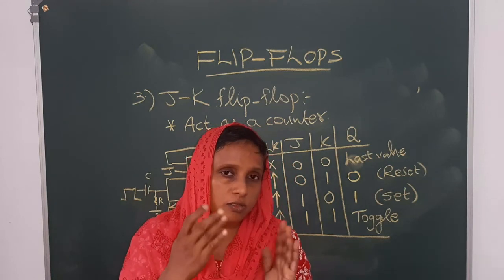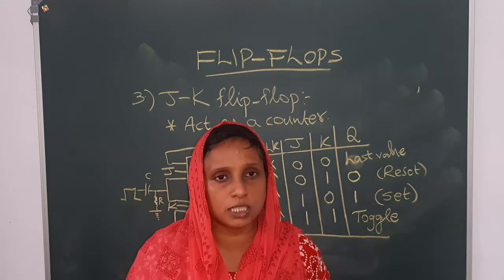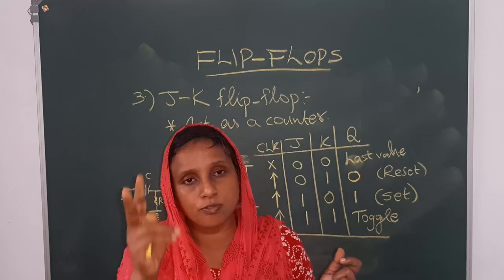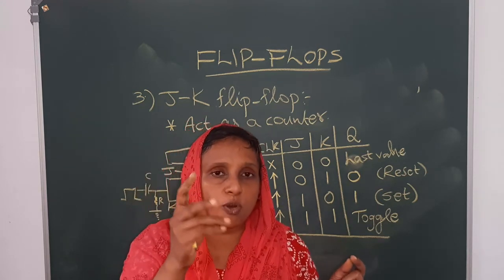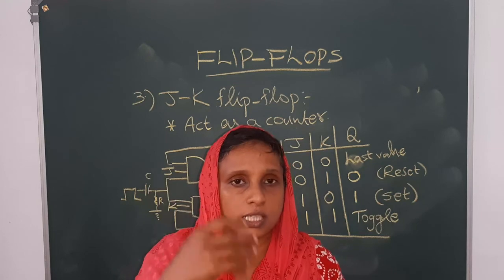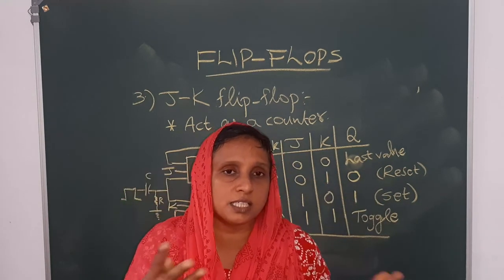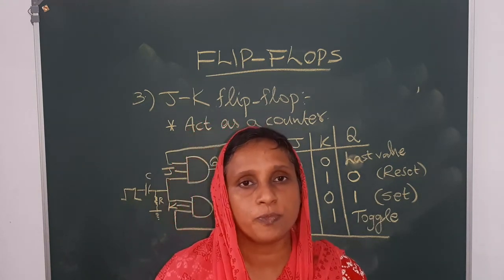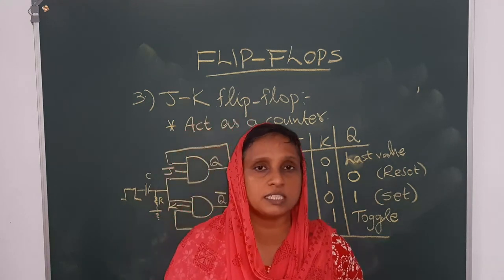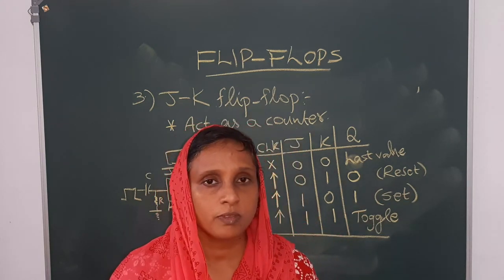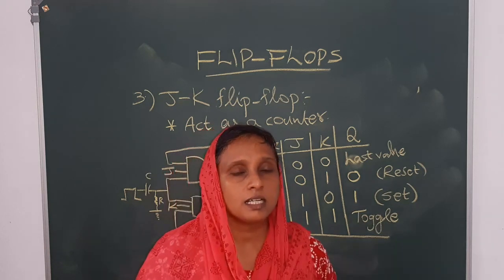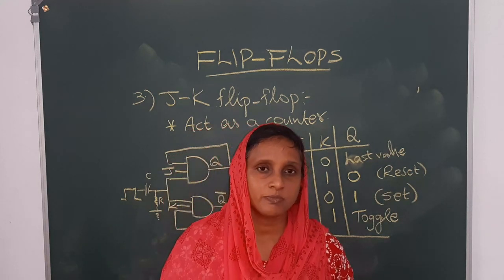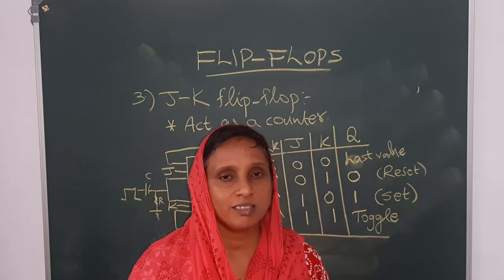Then we constructed a flip-flop using two inverters. Then we modified the circuit using two NOR gates and called it an RS flip-flop. There we reach a forbidden or undefined state if both inputs are high. So we modified the circuit again using three-input AND gates. It is called JK flip-flop. One of the inputs is the clock, making it a positively driven circuit. It can act as a counter. So JK flip-flop can act as a counter. Okay, so learn well. Thank you.